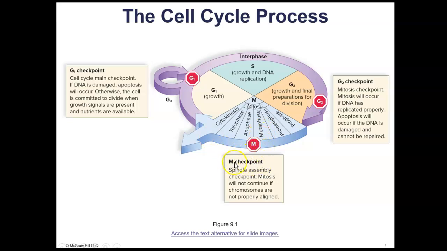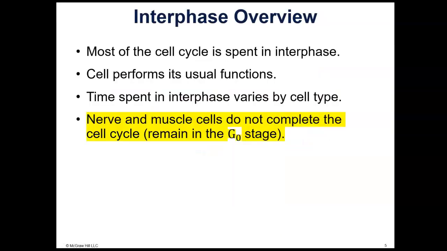After metaphase, we have what we call the M checkpoint. This is the checkpoint to see that the spindle is assembled properly. These are the spindle fibers which attach to the chromosomes and help to organize them and then pull them apart so that each daughter cell gets a copy of each chromosome. So at this checkpoint, mitosis will not continue if the chromosomes are not properly aligned. So we're looking for the chromosomes to be lined up at what we call the metaphase plate or the equator of the cell. Now, everything I just said is in the notes, so we'll go through it again,